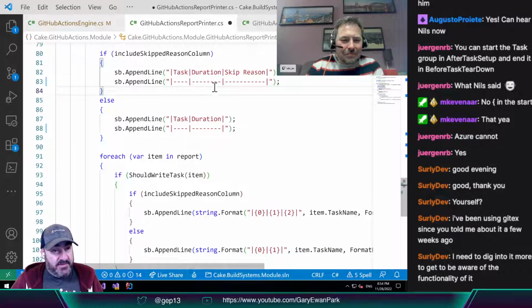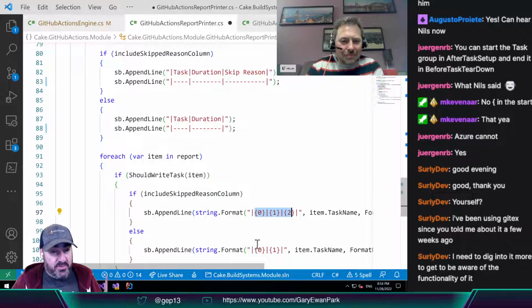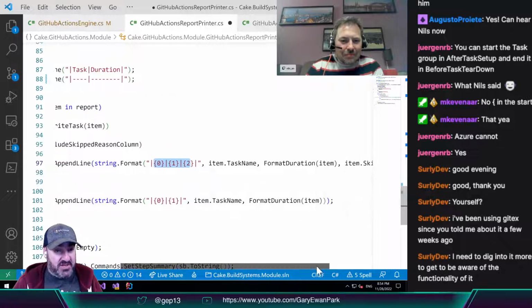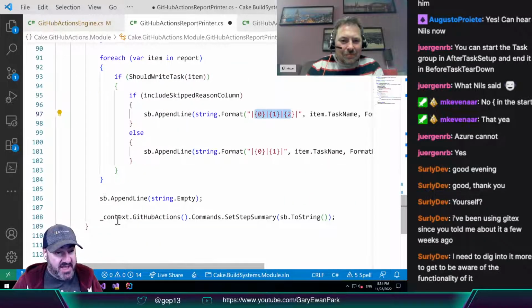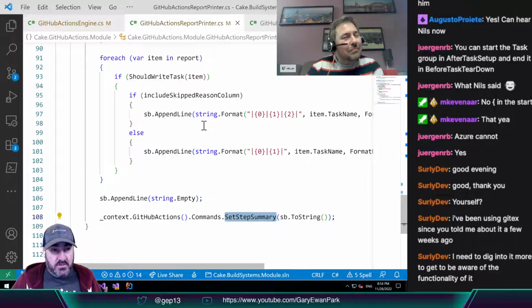So then we say, based on whether we include the skip reason column, and that is dependent on whether there are any skip reasons, we'll either optionally include a 3-column output or a 2-column output. One has got the formatted duration in it, the other one's got the skip message. And then the end result of that is we should be able to set the step summary with the output of there. Now, that would seem fine to me,